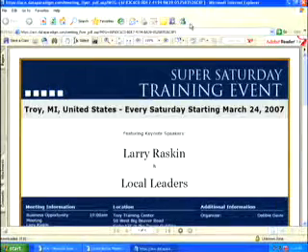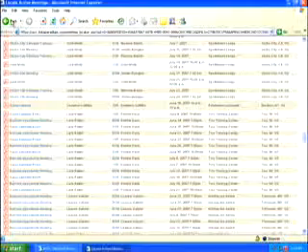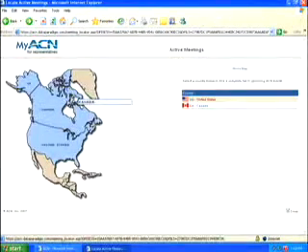I can print it, make flyers and hand them out at the weekly meetings if I'm promoting for something like a regional event. Or I can also save it and email it. So again, a very, very simple tool that we've designed to help make it extremely easy for you to get to the ACN meetings. Does that seem pretty simple?